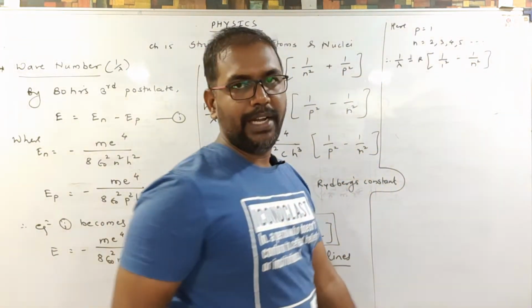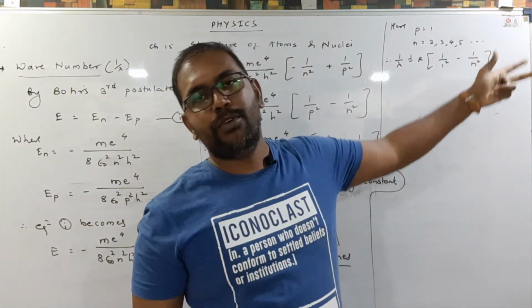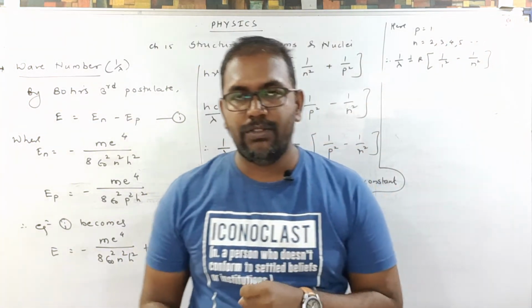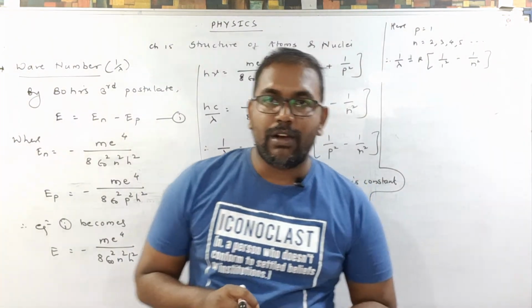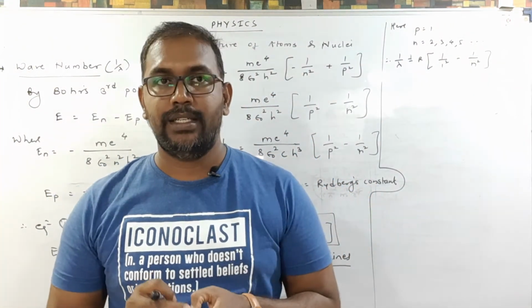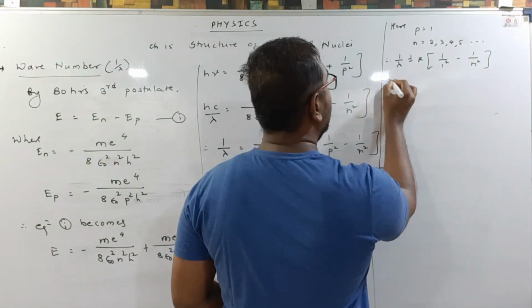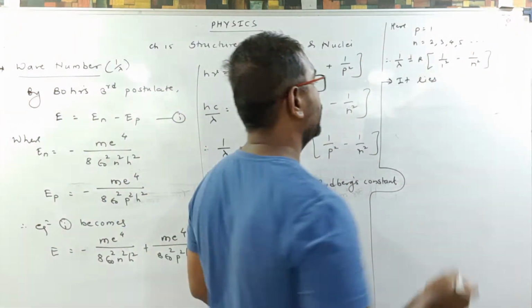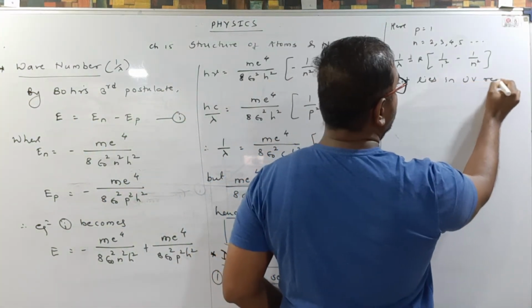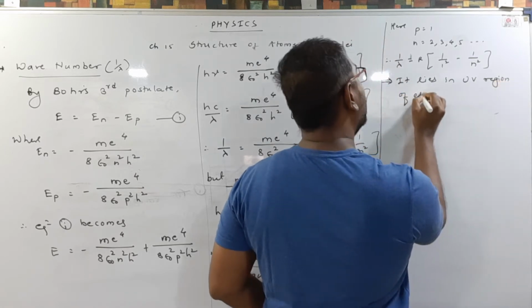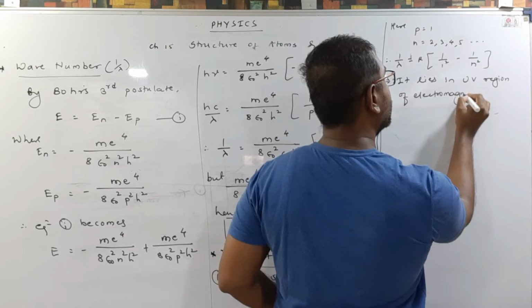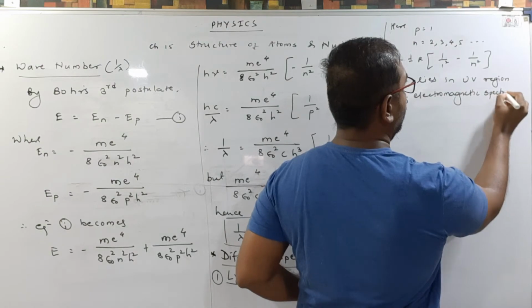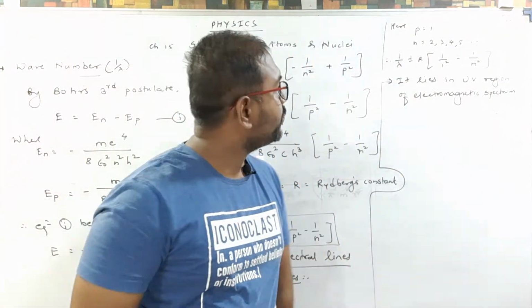N has different values. So n may be 2, 3, 4, 5 and so on. If you find the wavelength using these values of n, we get a wavelength of UV light. So this Lyman series lies in the UV region of the electromagnetic spectrum. Okay. After that, the second one,